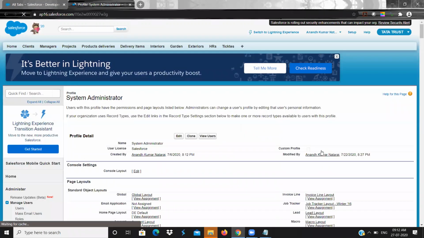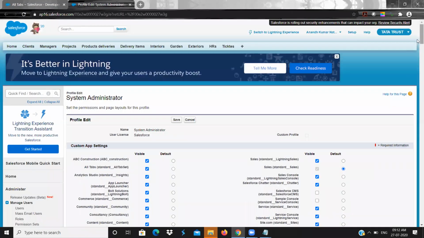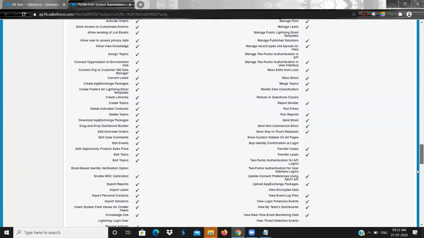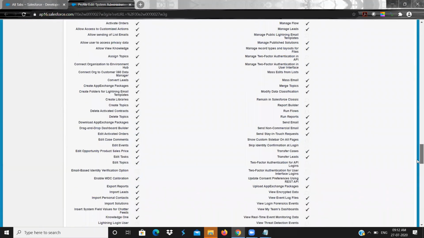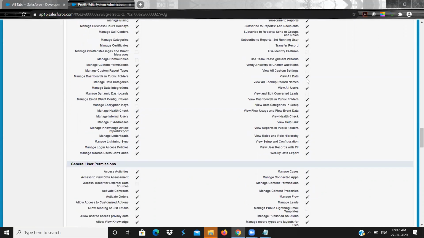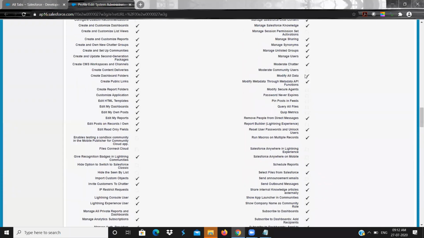For system administrator, if you click on edit, you go here, and you see that view all data is checked by default, and modify all data also should be checked by default.